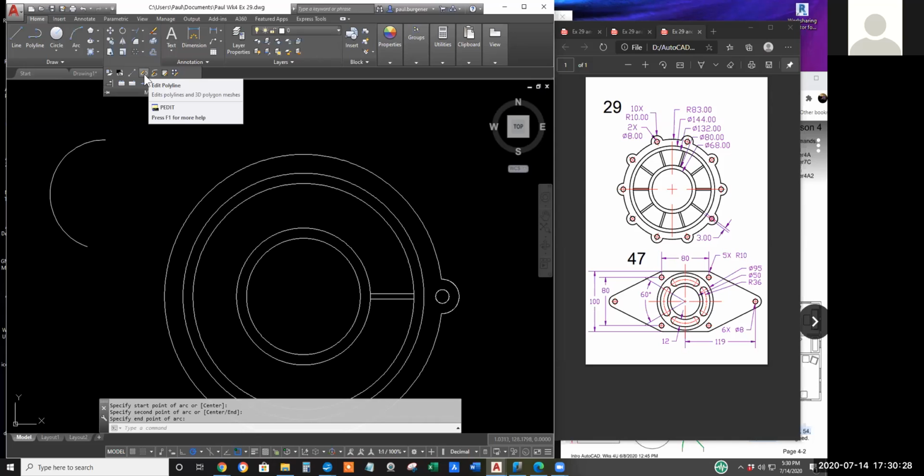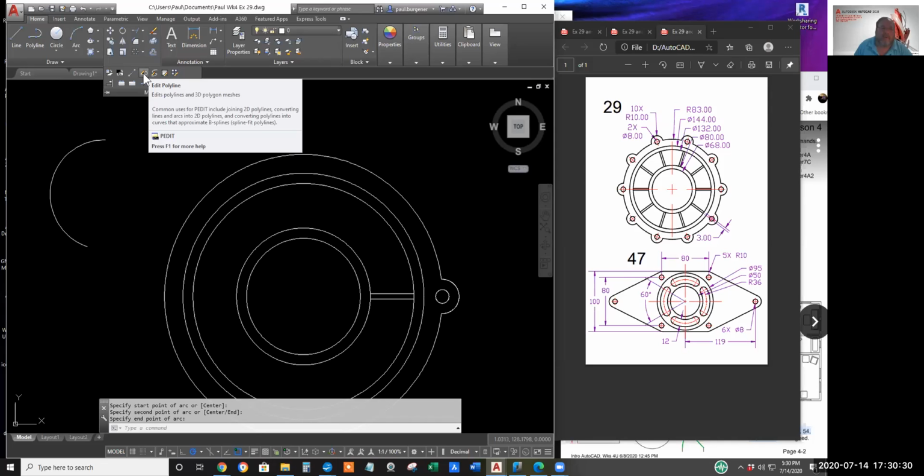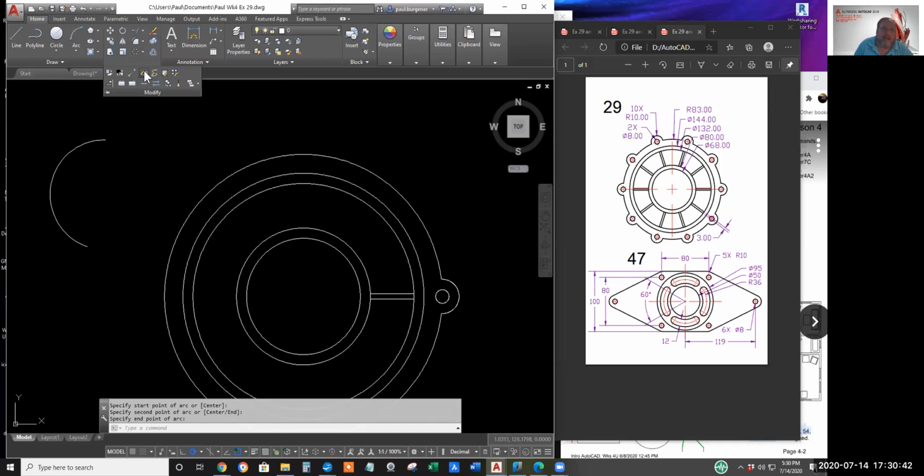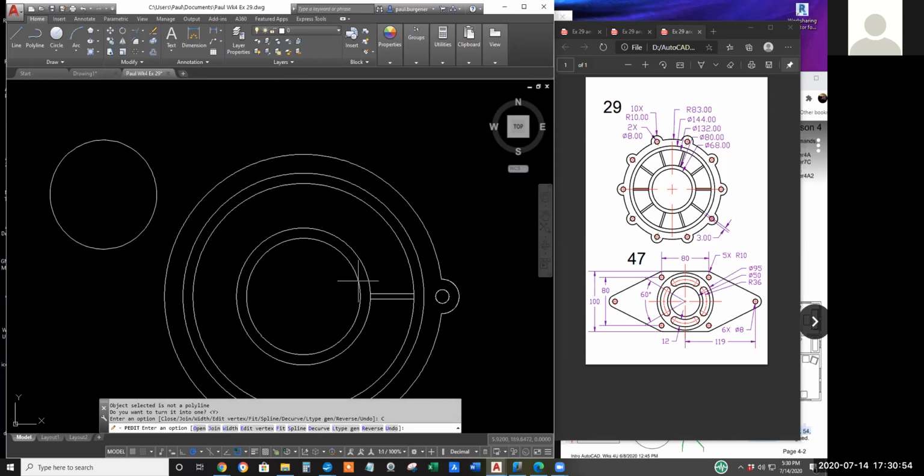Edit polyline. Correct. Okay. Remember, a polygon is a special breed of polyline. And next week or week after, we'll study that. Anyway, click on Edit Polyline, select the arc, hit enter. Yes, I want to convert it to one, and use the close option. Oh, nice. Okay. Thank you.